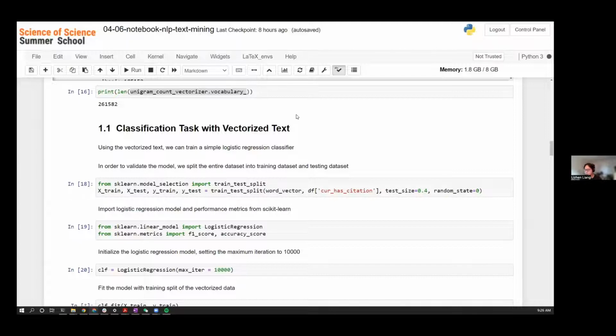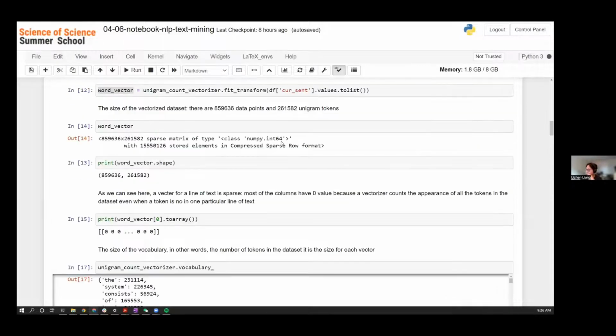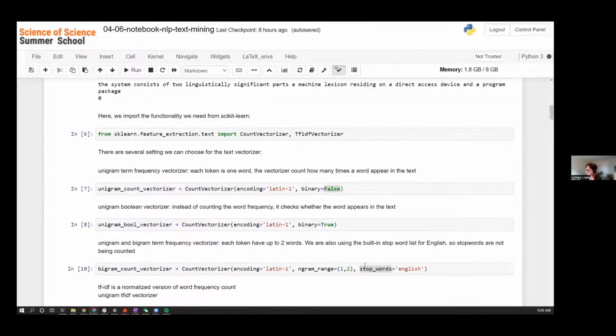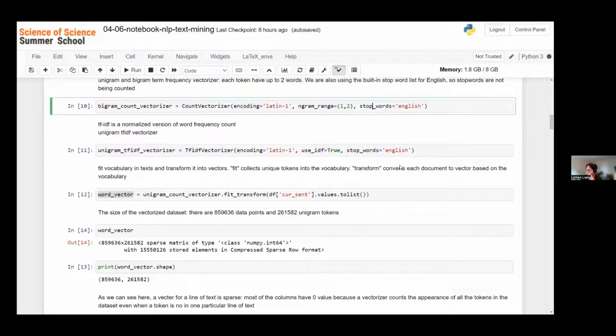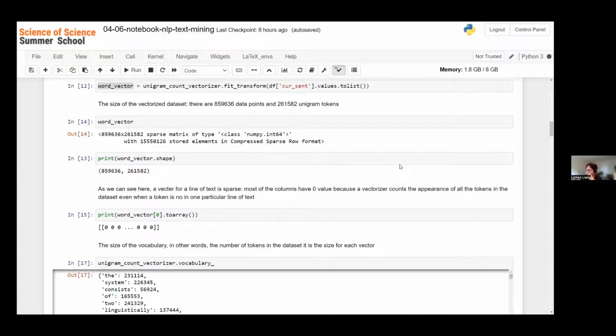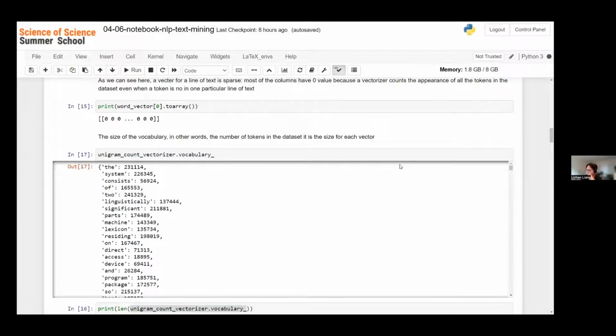Down here, output 17, I see the words the and of. I thought those were stop words, so those would be ignored. Is that not the case?